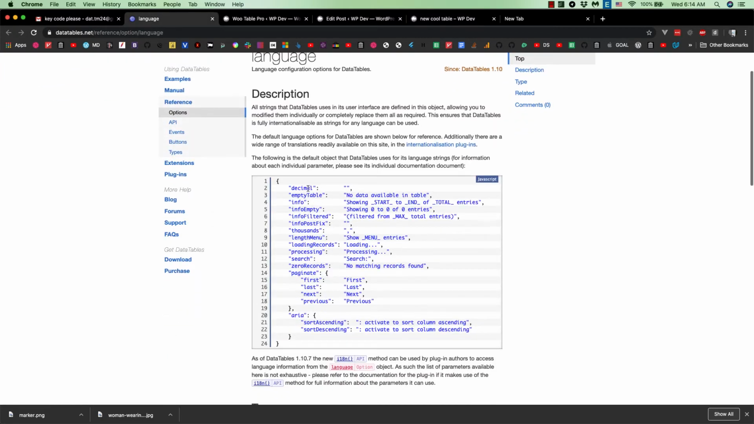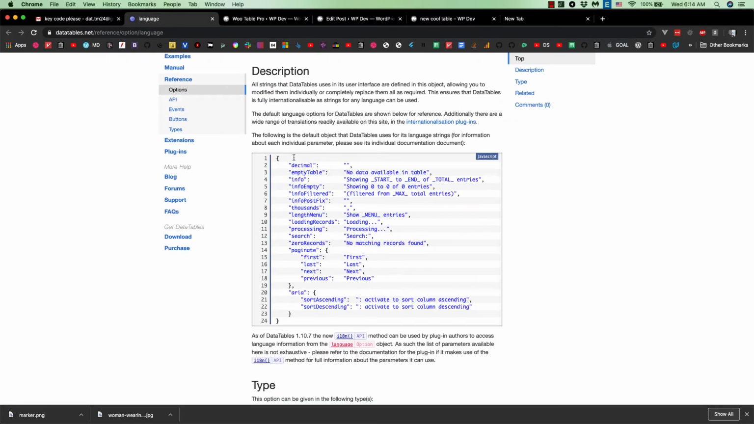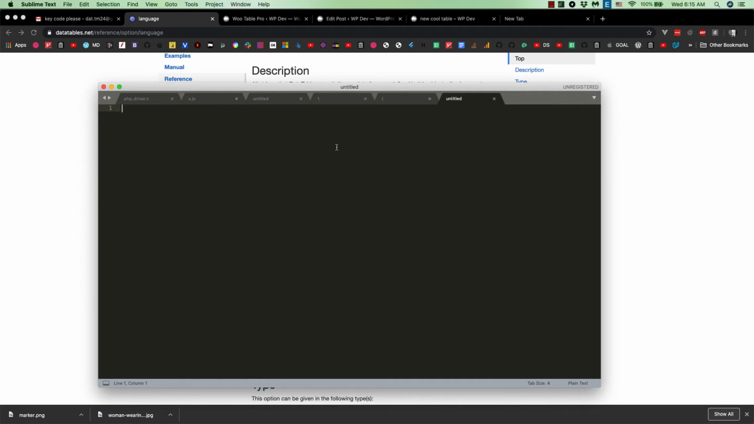what we're going to do is to view this page and see what we want to change. So for example, I want to change first and next and previous, something like that. And the showing start to end of total entries is here. So I'm going to copy this, put it here,